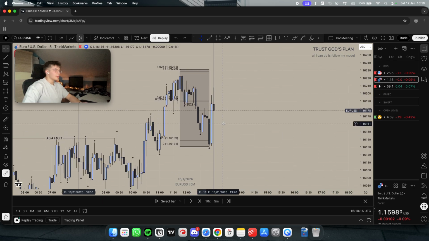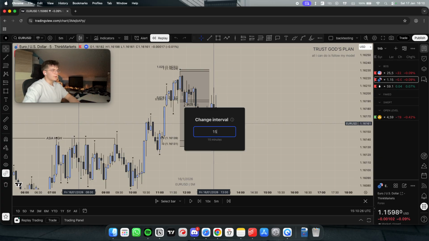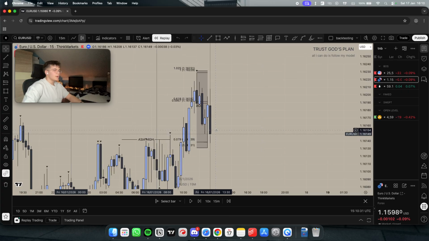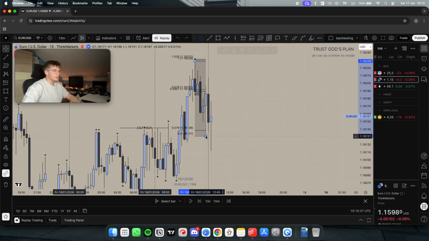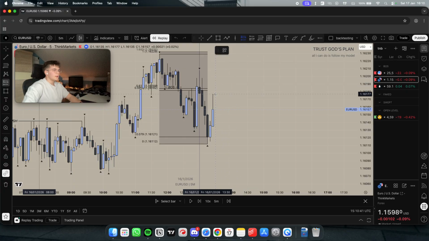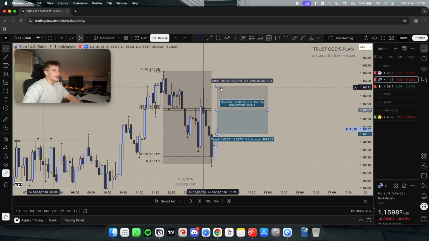For New York crossover to apply, the first candle after the New York open has to extend this range. If it doesn't, then we don't have a trade. We don't have a second chance. In this case, it does not. Then we go to the 15-minute time frame to have a second chance of seeing the New York crossover. It has to be the first 15-minute candle after New York open to extend the range, which, as you can see here, does happen. We extend the range, price starts coming back up. You set your limits here and